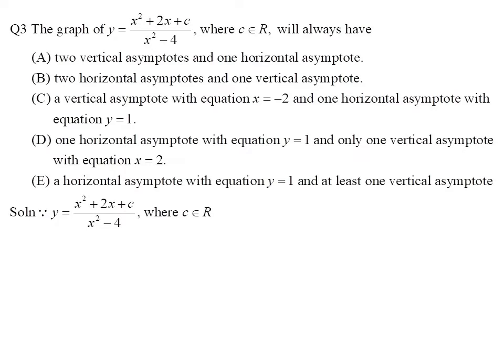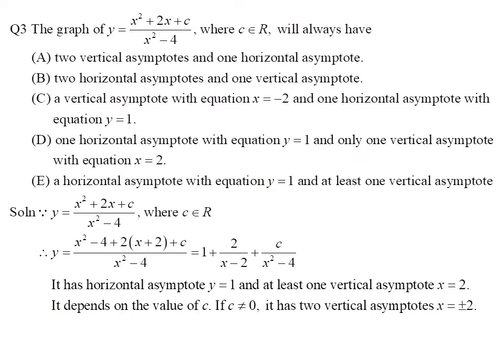According to the rule of the function, it can be written as x squared minus 4 plus 2 times the sum of x plus 2, then plus c, over the result of x squared minus 4, which is expressed as 1 plus 2 over the result of x minus 2, then plus c over the result of x squared minus 4. Hence, it can be seen that it has a horizontal asymptote y equals 1,